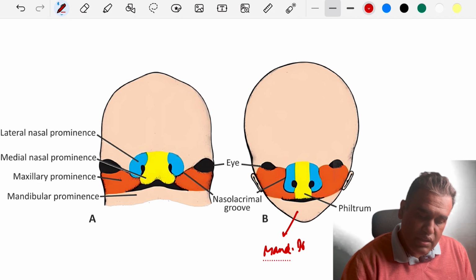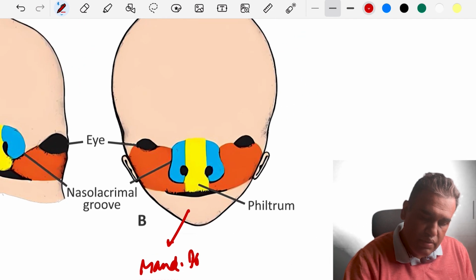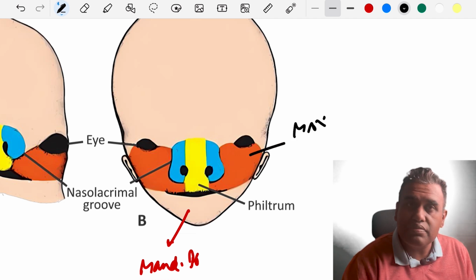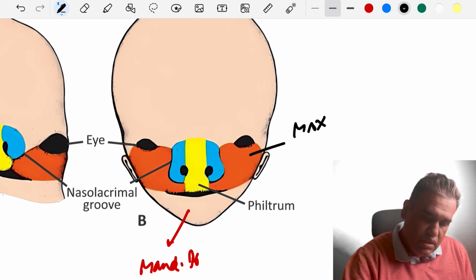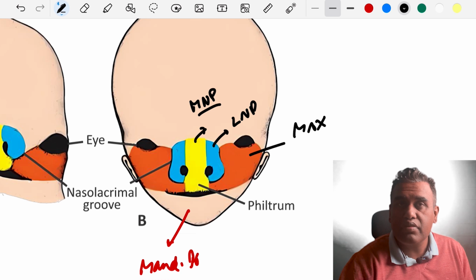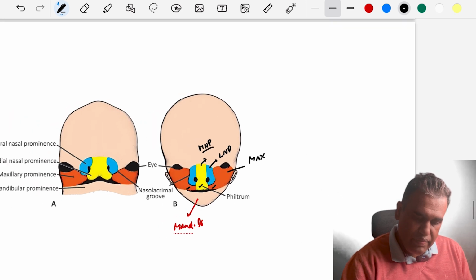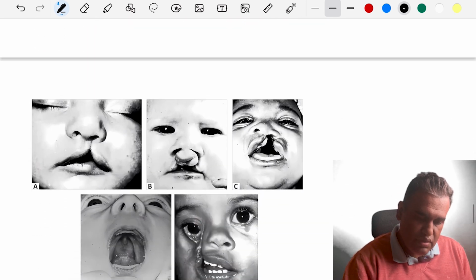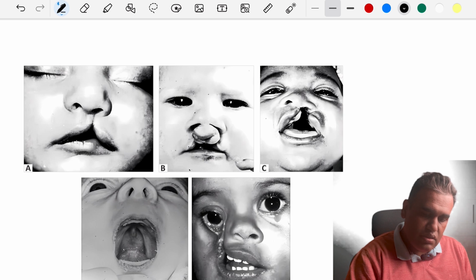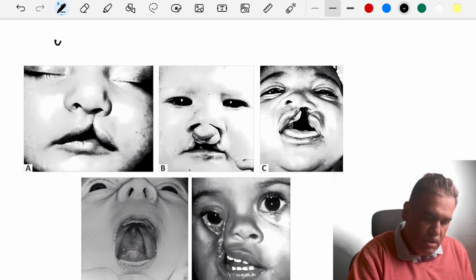If you look at the other things, looking at the face here, the red color is the maxillary process. The yellow is the medial nasal process. The blue color is the lateral nasal process, remember. The upper lip is formed by the medial nasal process and the maxillary process. Here we have some other anomalies which you can see. This is quite common. I hope you recognize that this is a unilateral cleft lip,